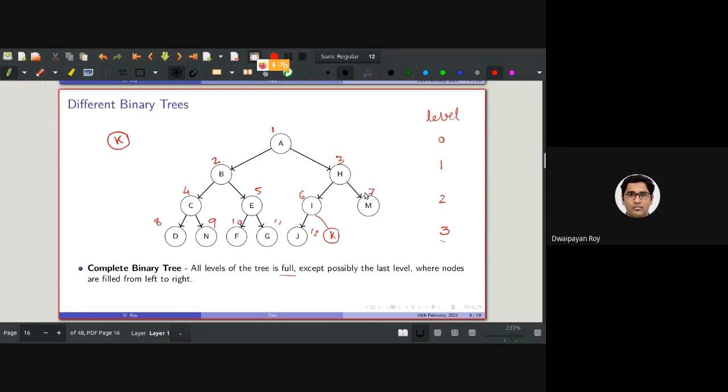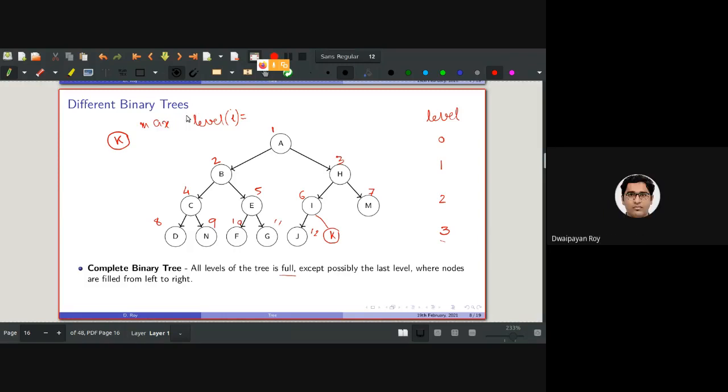So for a binary tree, what is the maximum number of nodes in level I? The maximum number is 2 to the power I.